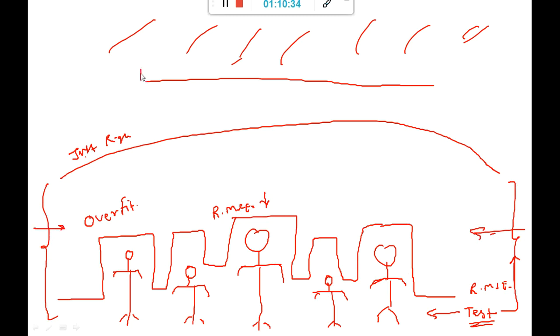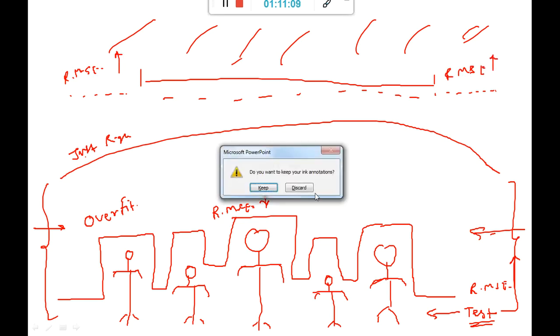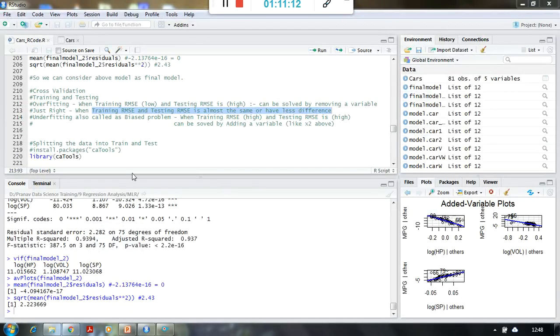But here, because it is a short distance umbrella, maybe a few training sets can be accommodated, but the testing set cannot be accommodated. Suppose someone is standing over here, he cannot be accommodated, which means the testing data is not accommodated, and even the training set is not always going to be accommodated. So in both cases, what is going to happen? My RMSE is going to increase. Training and testing RMSE. This is the concept of overfitting, underfitting, and just right model.